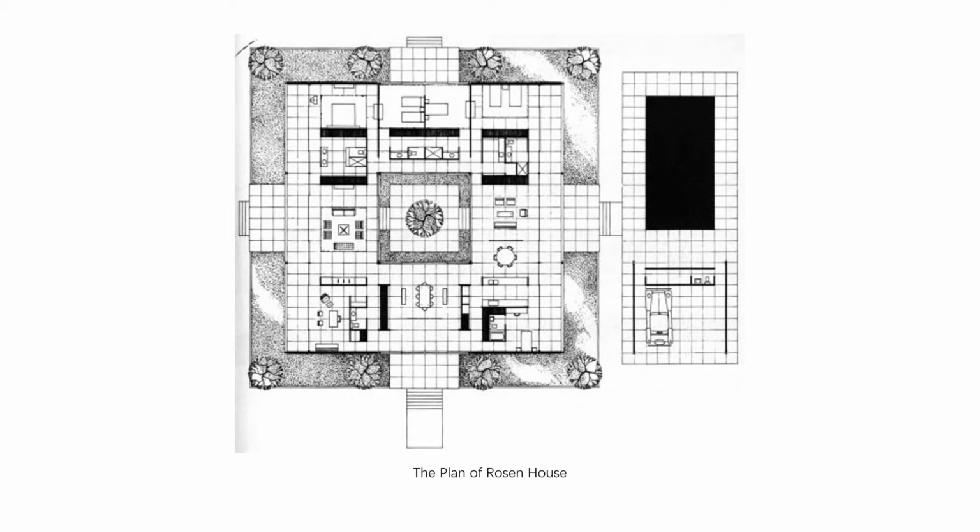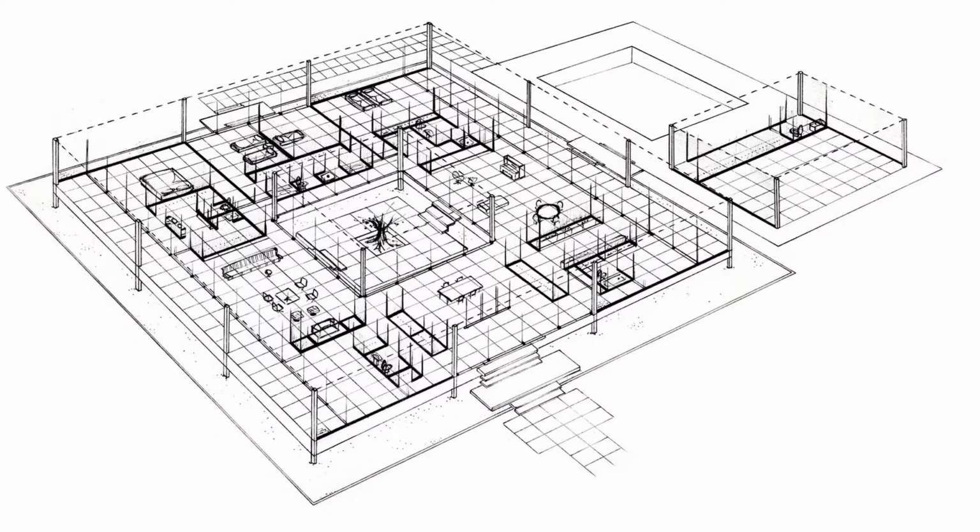In the living space, around the central courtyard is an indoor corridor, which can not only connect a series of functional rooms such as living room, dining room and bedroom, but also be used as the transition space between indoor and outdoor. Next, I hope to put forward my thesis project through the analysis of the interior space and layout